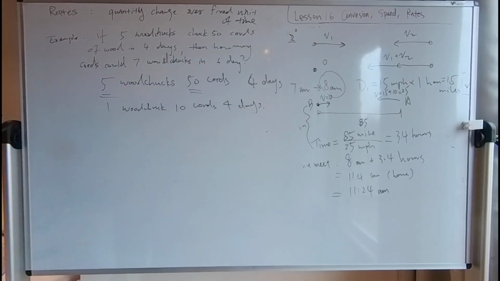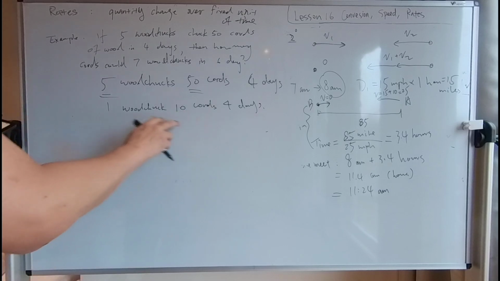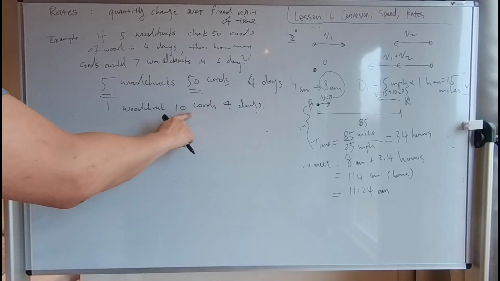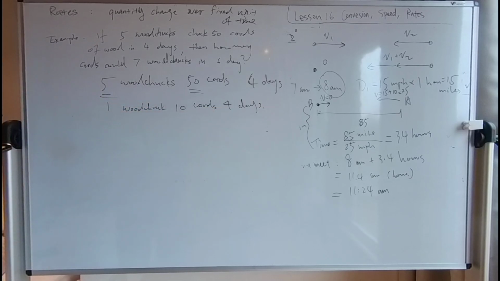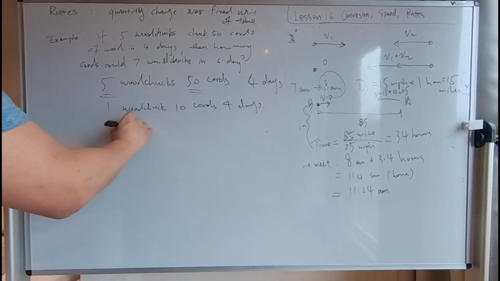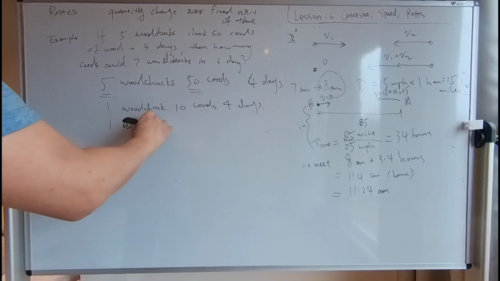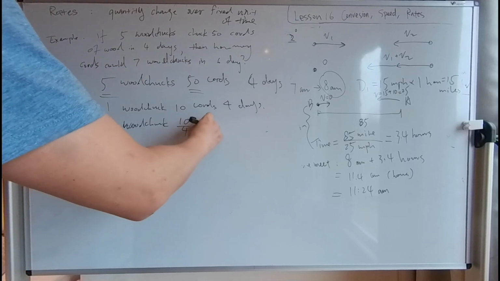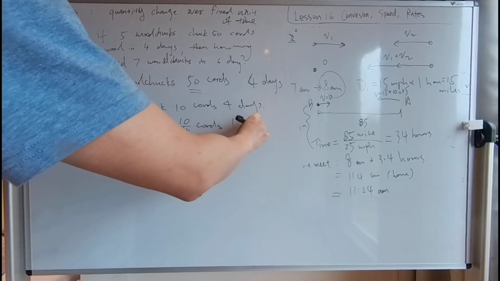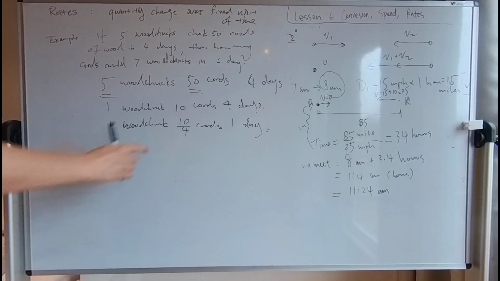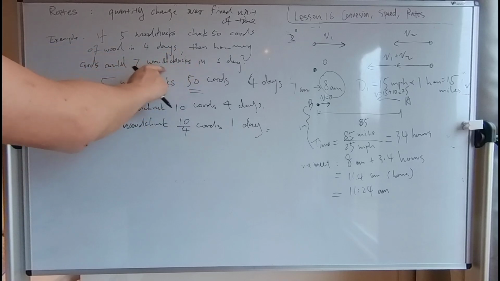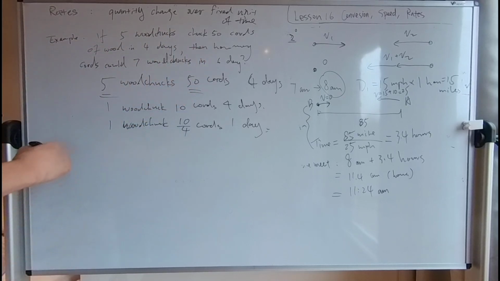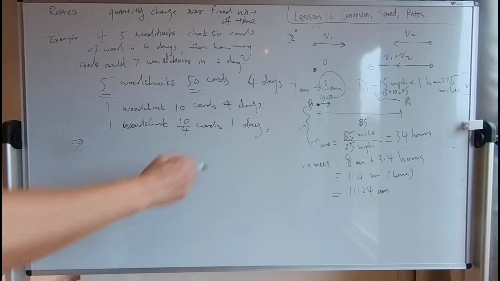And now we fix the wood chunker. We know that each wood chunker would chunk 10 cords in 4 days, which means in 1 day, divided by 4. In 1 day, I would chunk 10 over 4 cords, right, in 1 day. Okay, I can keep the fraction for now because I'm not at the end of the question. The question is asking about 7 wood chunkers in 6 days. So now I can convert the day to 6 days. So then